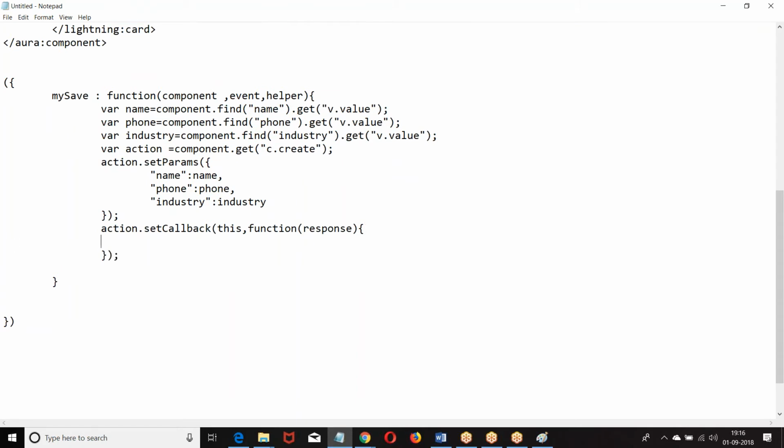In the function response, we need to check the state. If state equals success, with the state equal to success, what are we supposed to do? Get the return value. State is success, get the value from the method. What is the method giving? Record is equal to response dot get.